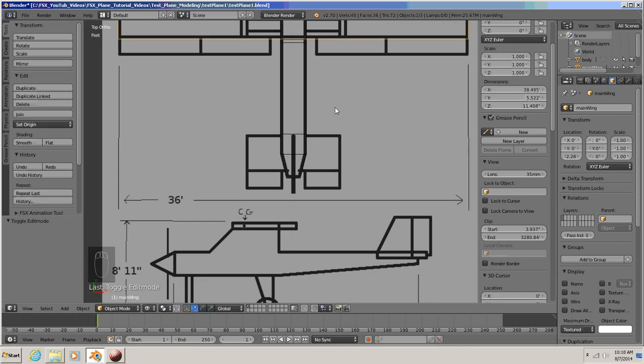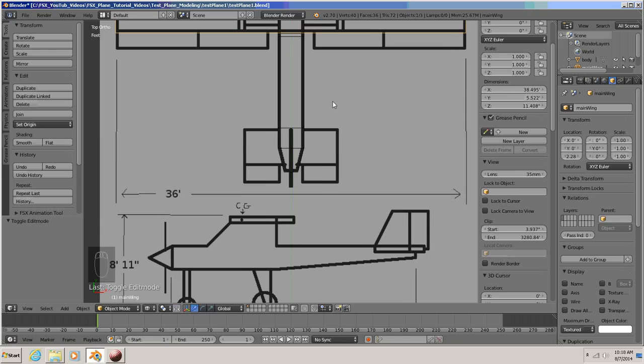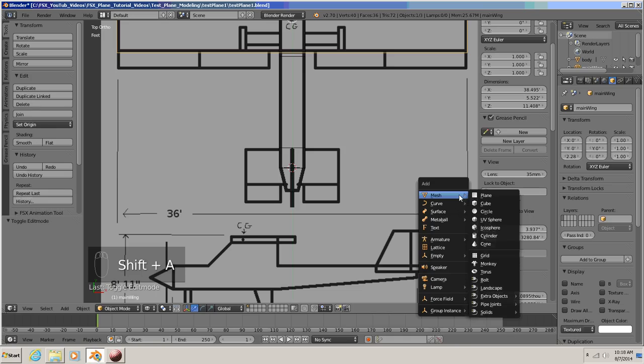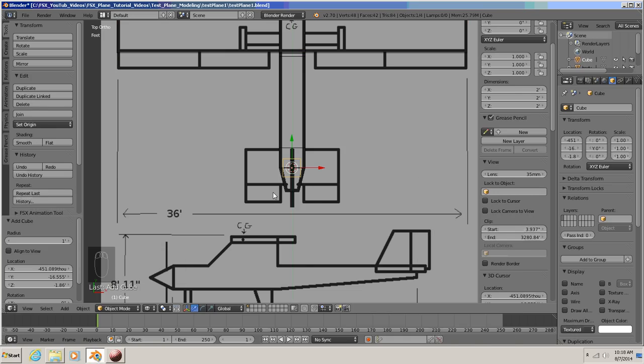We're going to scroll by holding down the Shift key and the middle mouse button. We're going to move our 3D cursor by hitting the right mouse button where we want it. I want to put it about right in the middle of the elevator. We're going to do a Shift A, go to Cube, zoom in,